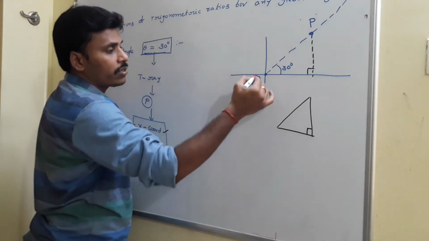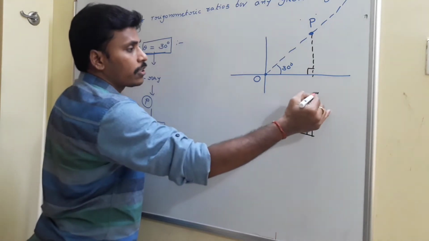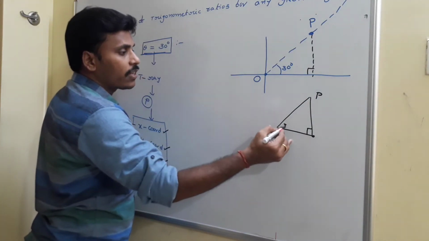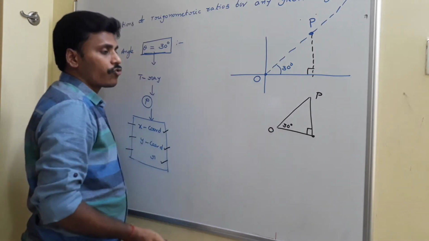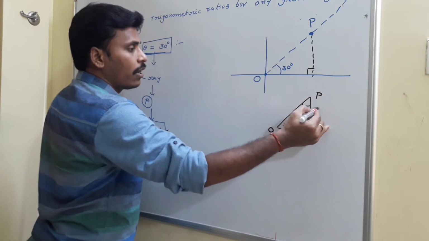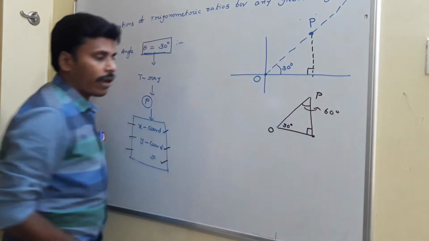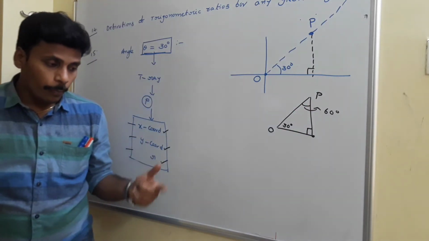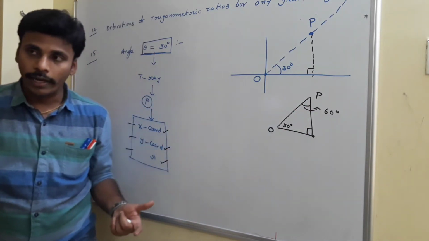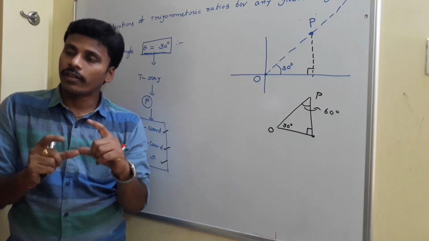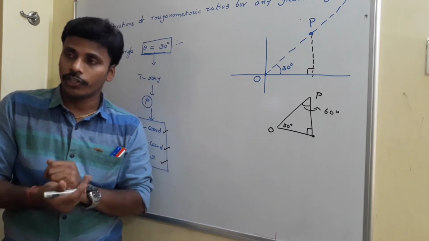As a part of this, say this is O, this is P and this is some other point, like A. And this angle is given as 30 degrees. Have a look at this triangle. This is 30, this is 90. Then what do you say about this angle? For sure it is 60 degrees, right? Now look at this 30, 60, 90. In our previous points, we noted some trigonometric side ratios along with the angle ratios. Is it right?